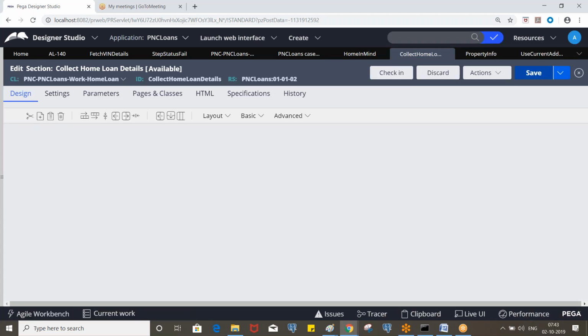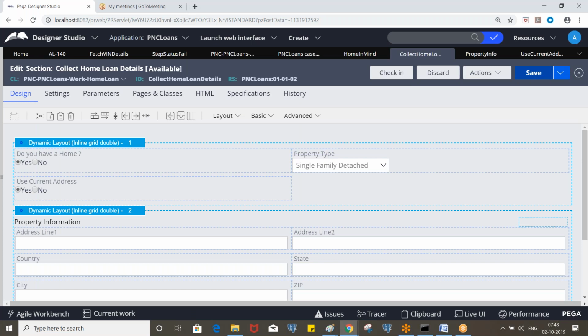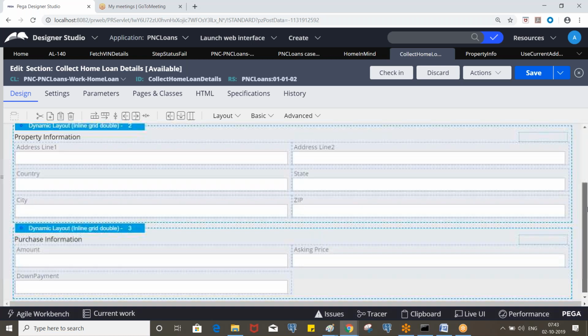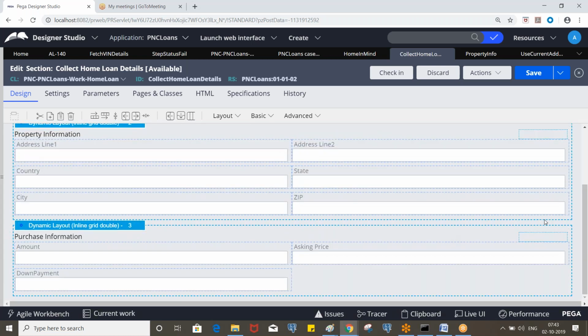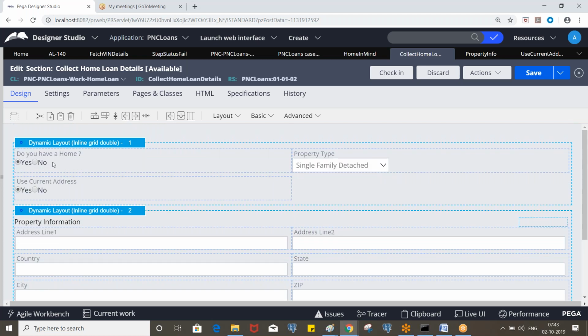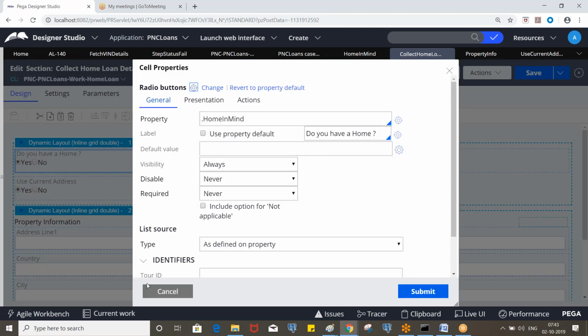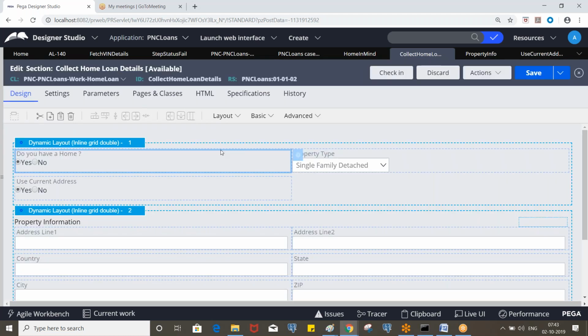So now, based on the home in mind property value, we need to display these layouts. If it is yes, display the property info. If it is no, display the purchase information layout. This value is dependent on the loan purpose value.